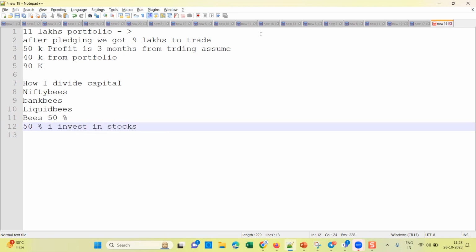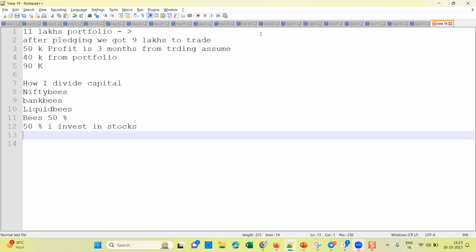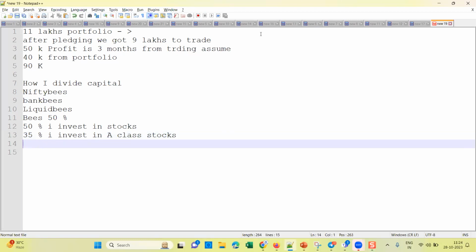I invest in stocks. Okay. So out of this 50% in stocks, 35% I invest in A class stocks like Reliance, TCS, Infosys, Tata Steel, स्टेट बैंक ऑफ इंडिया, एसबीआई, आईसीआईसीआई। तो सो दिस स्टॉक्स आर बैकबोन स्टॉक्स ऑफ आवर स्टॉक मार्केट। अपना स्टॉक मार्केट अगर पूरा खत्म ही होने वाला है तभी जाके ये सारे स्टॉक्स भी खत्म हो जाएंगे। ओके, सो दैट इज व्हाई आई चूज माय 35% स्टॉक्स टू बी इन द ए क्लास स्टॉक।